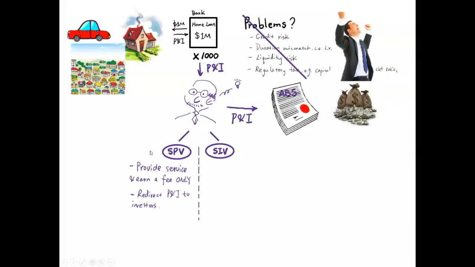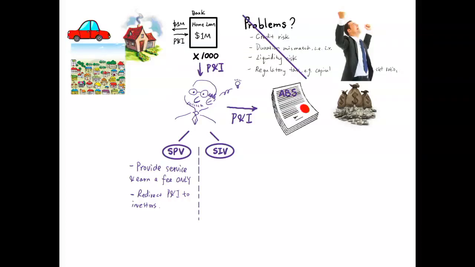Okay, so that's SPV. About SIV, the smart guy can have a second choice. He could say, well, I want to be part of the process. I want to be rich, right? So I'm going to establish a company, an independent entity. I will go to not only Commonwealth Bank, but Westpac, NAB, St. George, different banks, and buy their mortgage pools over time. And at the same time, I will issue a security called asset-backed commercial paper, guarantee the contract under my own name, and sell them to investors. So you see how he plays on the two sides.